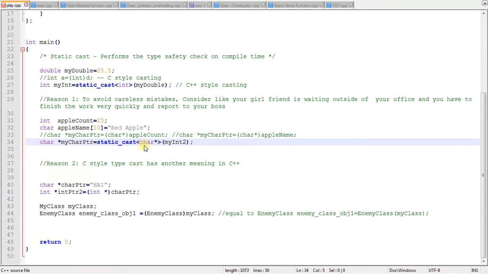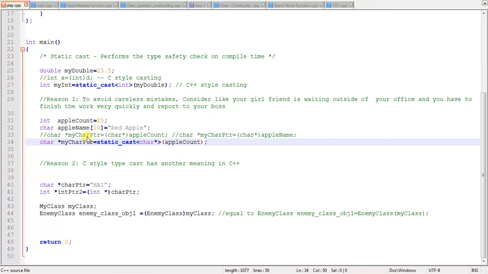So even though you are converting an integer to a character pointer by mistake, the compiler will show you an error. You are doing a wrong kind of conversion, like integer to a character pointer, so the compiler will throw an error. But whereas with C style casting, the compiler will never throw an error, it will just cast and store in my character pointer.